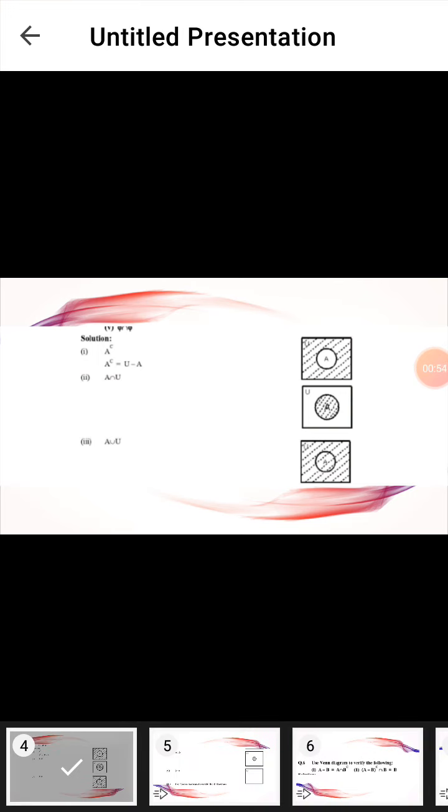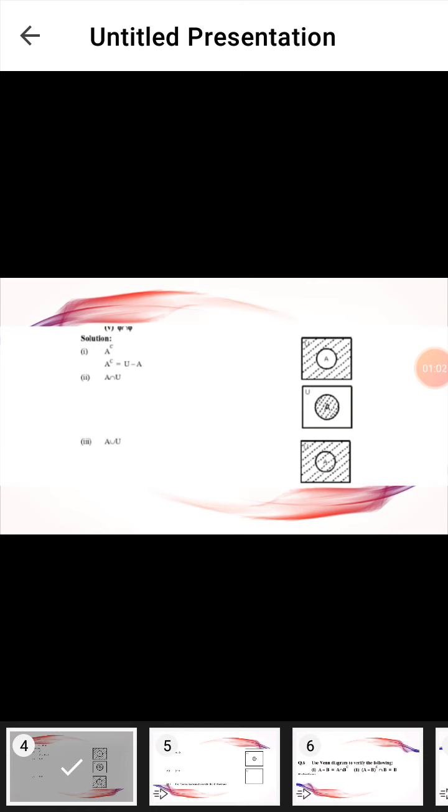We make a rectangle for the universal set U, and make a subset A. Represent the dotted line just in the universal set, not including the part of subset A. Part number 2 is A intersection U, which is what is common between the universal set and A, just the part of subset A. So just put dotted points in the subset A.